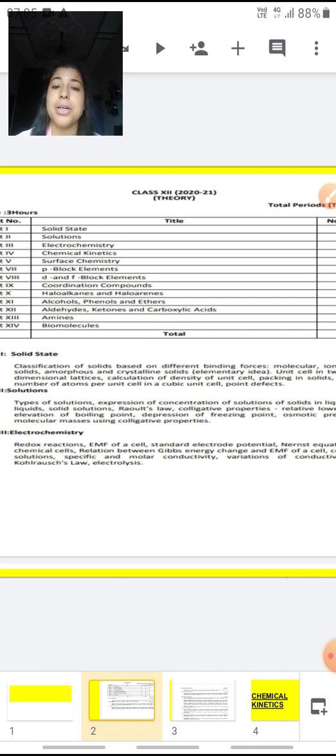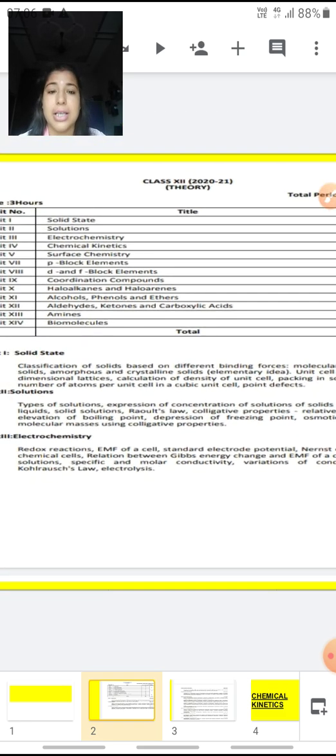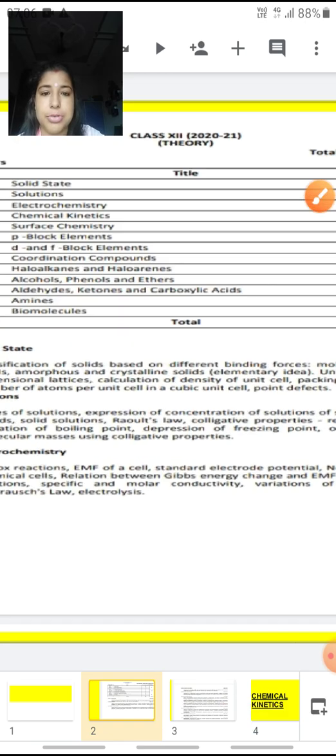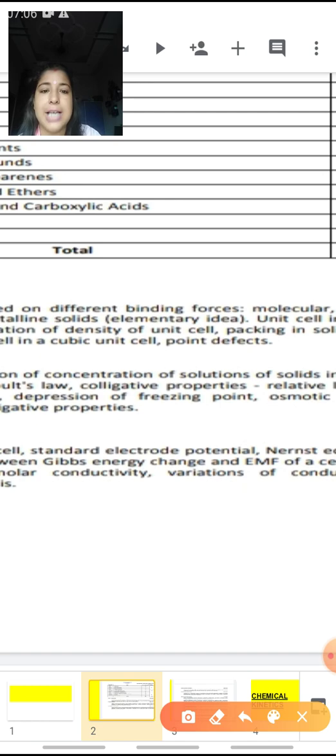Now the next chapter was electrochemistry. This chapter also we have done, but various things have been removed from it. As you can see, the chapter now includes the redox reactions, EMF of the cell. It is written here if you are able to read. I know it is very small and I don't think you'll be able to read, still I'll maximize this. Yes, see, the standard electrode potential, Nernst equation is there, and then